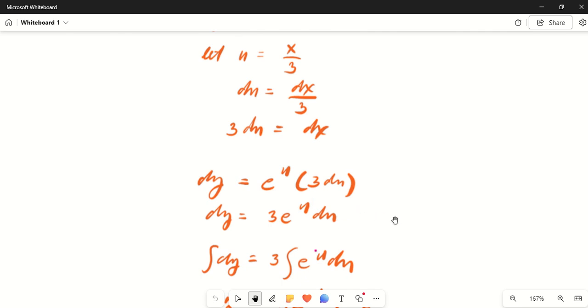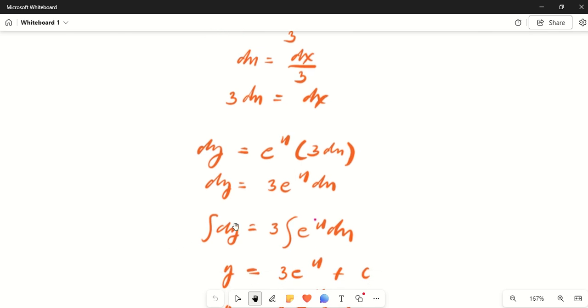And if you can still recall in our lesson in derivatives, the derivative of e raised to u is equal to e raised to u. And if you take the integral of e raised to u, definitely the answer is e raised to u plus the arbitrary constant c. So here, if you take the integral of both sides, your integral of dy is equal to,